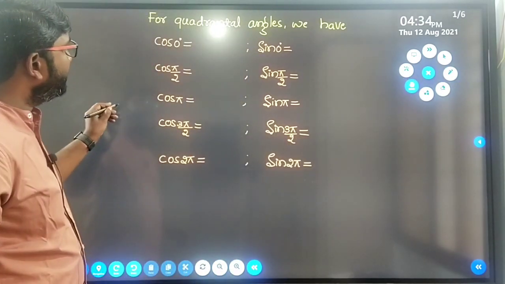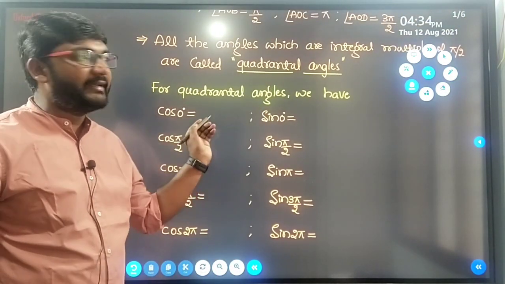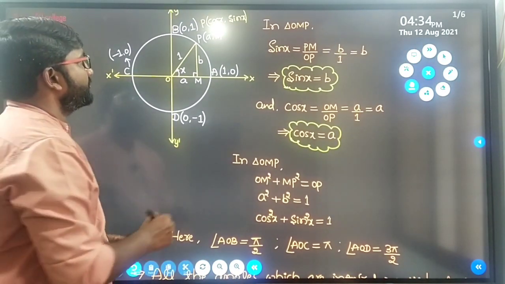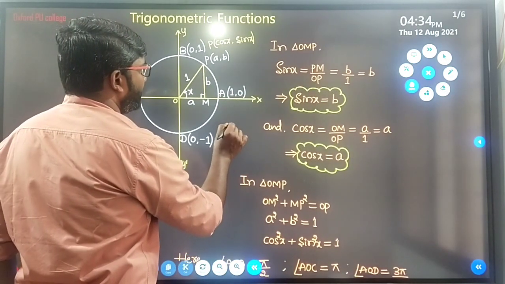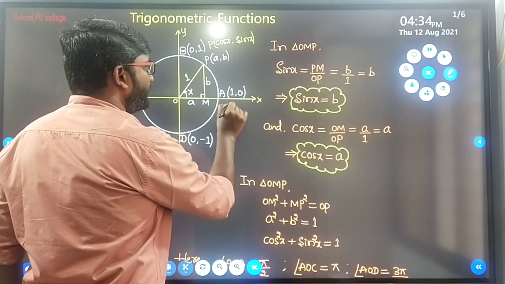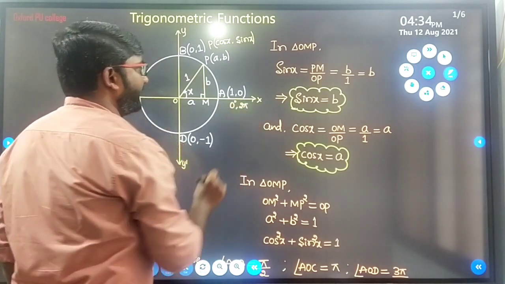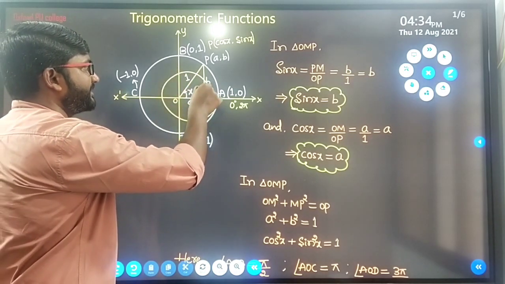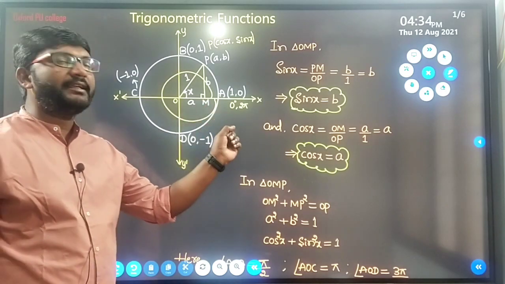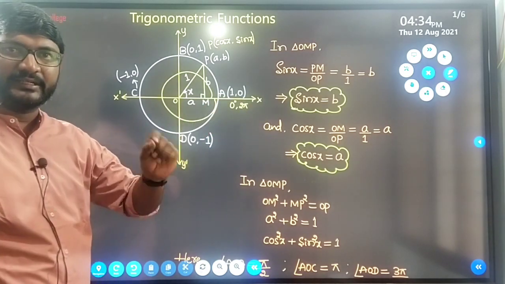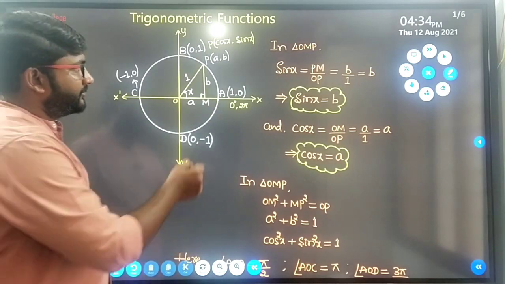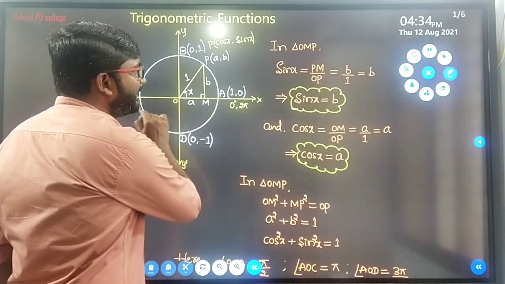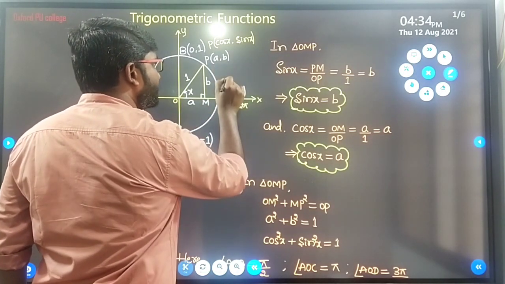So see here, let me take the 0 degree. In the first case, I'll be taking the 0 degree. So 0 degree means consider this unit circle. So here this point is nothing but either 0 degree or 2 pi radian. One complete revolution: I start from this point and again come back to the same point. Either it makes a 0 degree or 2 pi radian or 360 degree. So now, 0 degree means we have to consider the x-axis. It is the x-axis.